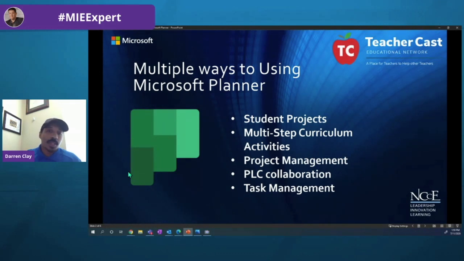So there's multiple ways to use Planner. I typically try to categorize it in five buckets, if you will. If you think about student projects, really a great space for students to collaborate, assign each other tasks, and mark off when they're finished. Multi-step curriculum activities is really good for that. Project management, whether that be with your PLC or amongst other teachers in your building. Also PLC collaboration, because there's a built-in schedule. So we've used Planner to identify lesson plan development, to identify who's responsible for field trips this year, things of